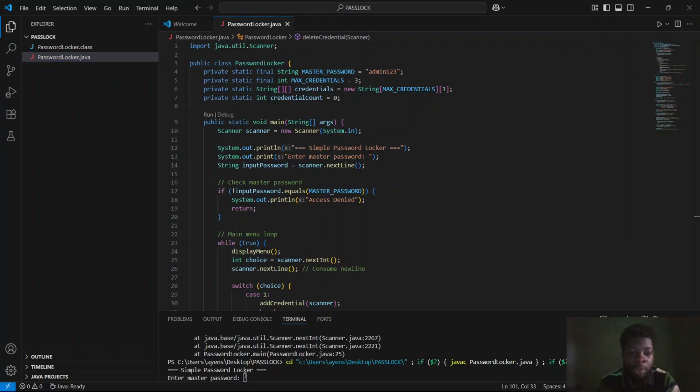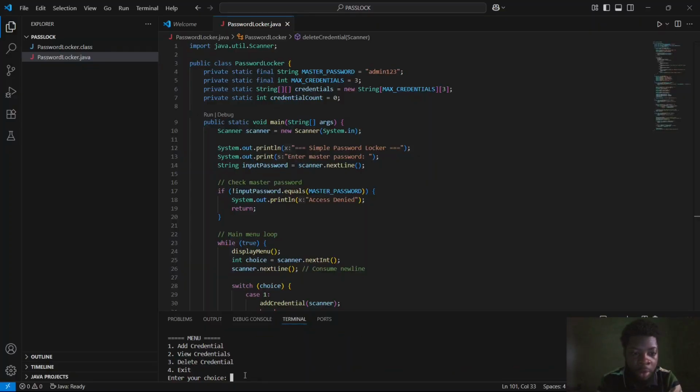It's going to first ask us for our master password, which we already know. Now, the view option allows a user to access all added credentials, but without any added credentials, there's no use for the view option. So now I'm going to add a credential. So let's say Facebook and username Nick,